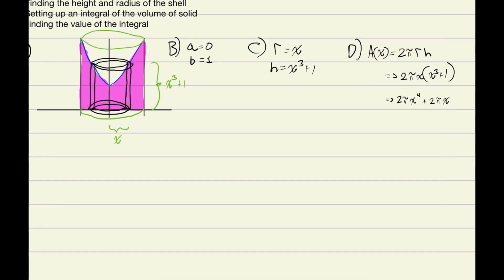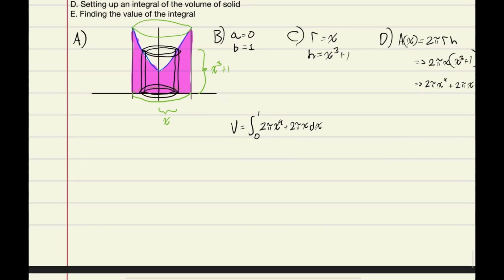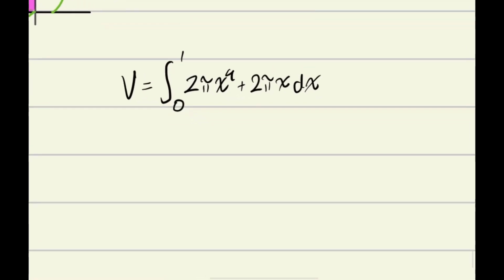Then we can go ahead and put this in a volume formula, where volume is equal to the integral from 0 to 1 of 2 pi x to the fourth plus 2 pi x dx. Now we need to find the value of this integral,